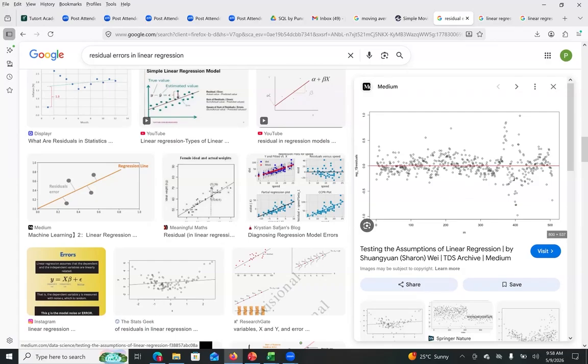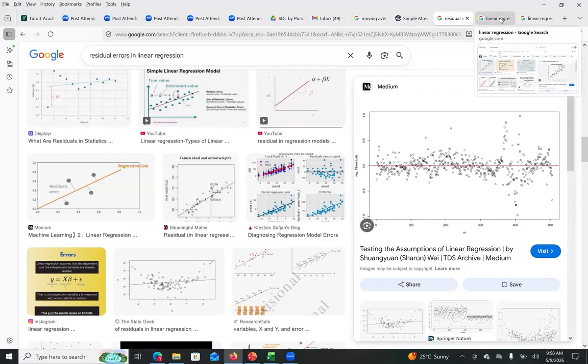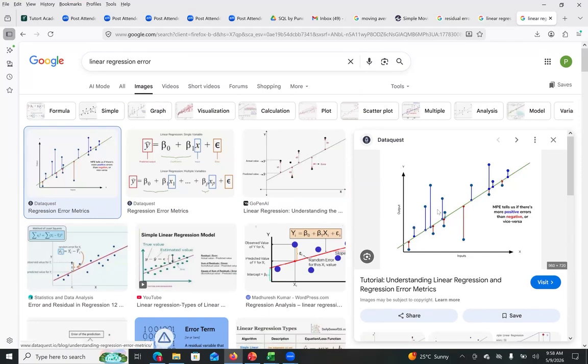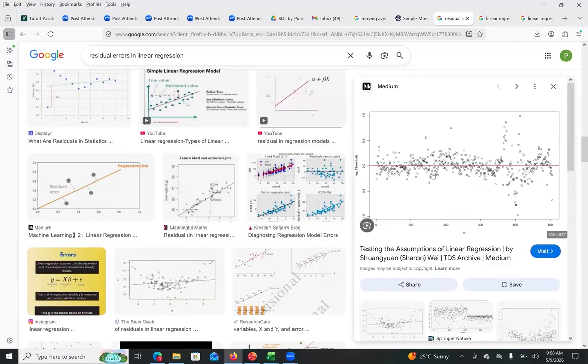And you will see sometimes the error is positive, sometimes the error is negative, right? That's why it is centered at 0. It is centered at 0 because sometimes the error is going to be positive, sometimes negative, but on an average, it is going to be 0. And what are these dots? These dots are nothing but these vertical lines. We are just plotting a chart of those vertical lines. This is called a residual plot.